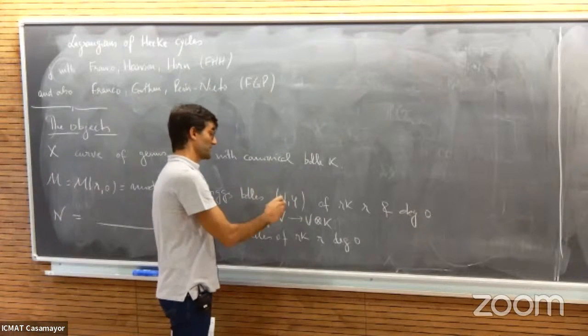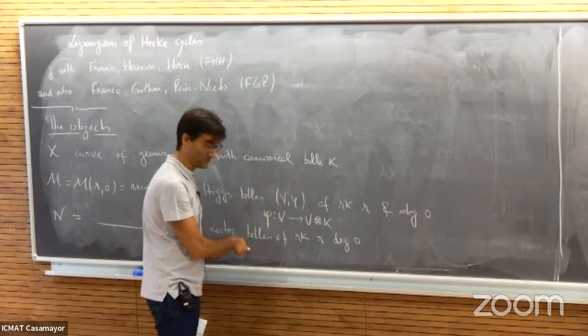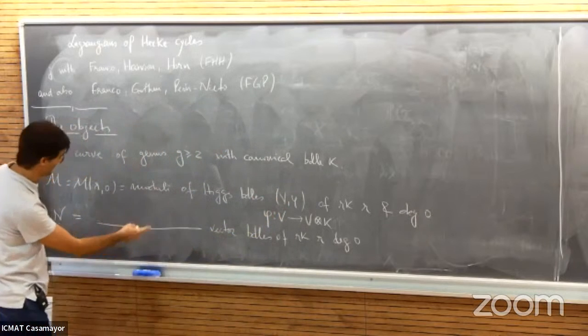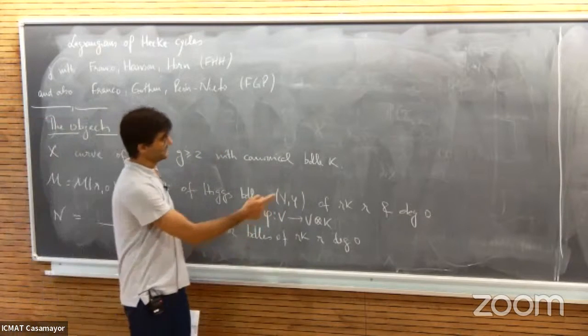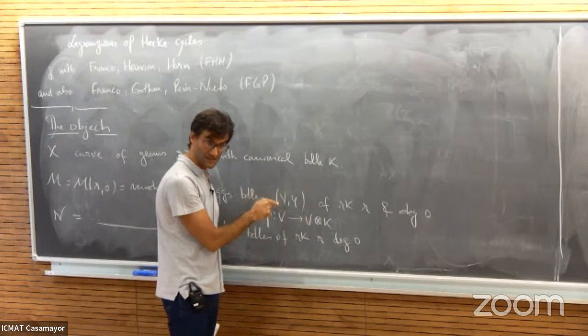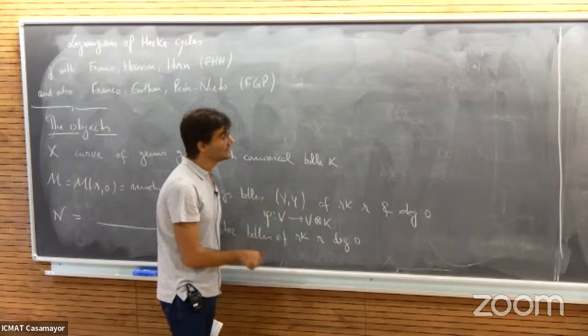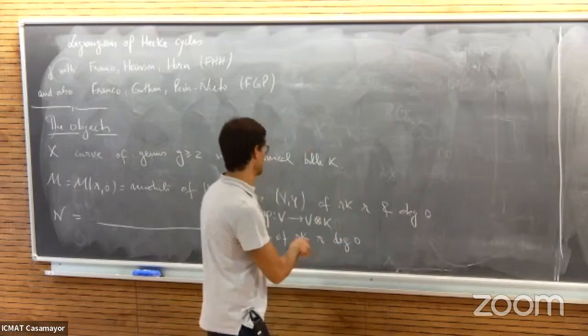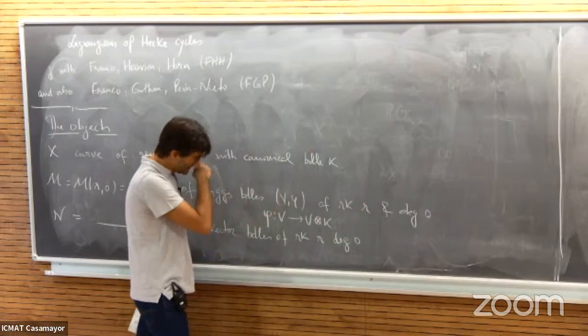Here I don't test every subbundle, but for vector bundles I test all of them. So I can have semi-stable Higgs bundles with underlying bundle not semi-stable. And the ones for which the underlying bundle is semi-stable